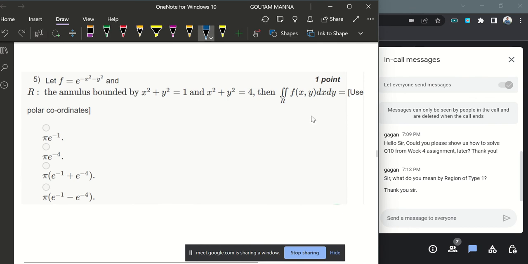Now in this fifth problem, you are asked to find out this integration of f of x,y dx dy, where f of x,y is e to the power minus x square minus y square. You can write it as e to the power minus of x square plus y square. So in that case, it will be easy to consider the plane polar coordinate,